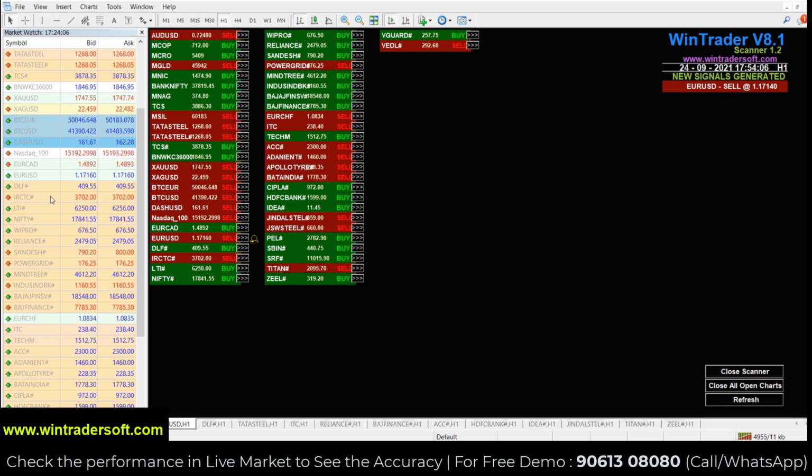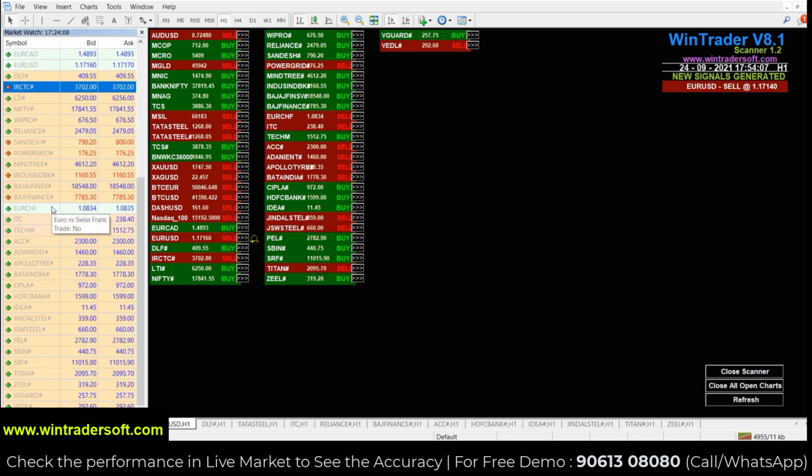Here I selected some stocks and I got some calls. At the bottom you can see DLF, Tata Steel, ITC and Reliance, like that. Several stocks I selected here, and you can check their performance. The same thing will work for all the stocks. All the major stocks will give you proper signals, and once a proper call is generated we only have to execute the trades.